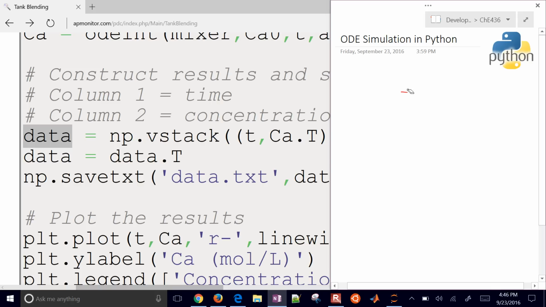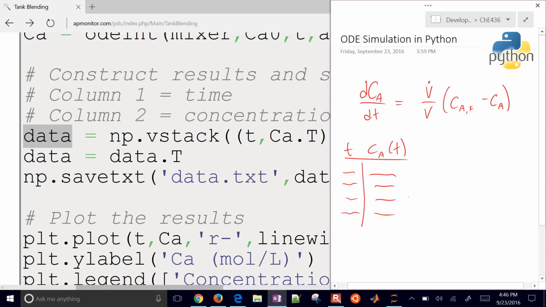Okay, so we have a very similar equation, but it's going to be d concentration of A, d time. Okay, and then that's going to be the volumetric flow divided by the volume times the concentration of A feed minus the concentration of A leaving. Okay, so we're simulating this one, and when we use the ODEINT, it's going to then give us a concentration of A with respect to time. And then we also have time as well. So if you think of this just as like a little table, okay, and then these are the values that then we want to put into